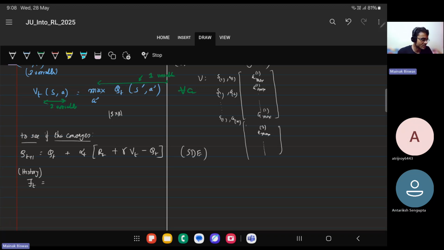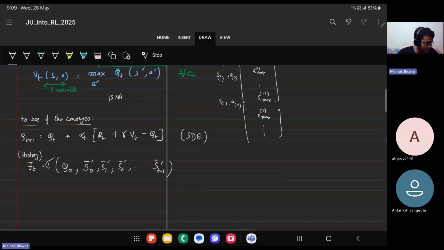So let us try to define a history term first. This history term is again the collection of Q0, say S0, this is a function, S1, S2, dot dot dot, ST minus 1, right? So let this be a martingale with the history term. So what do I mean by history? History is something like this. Say